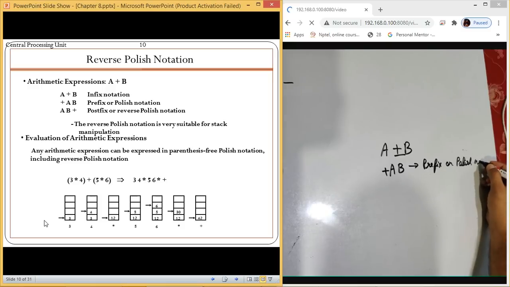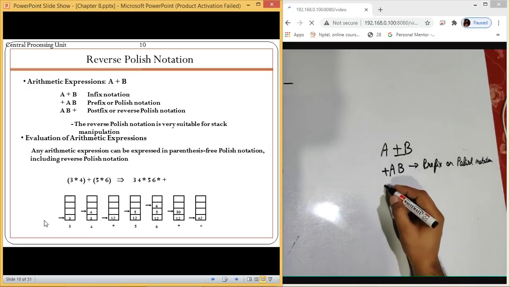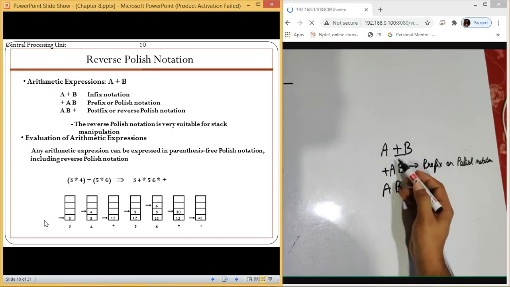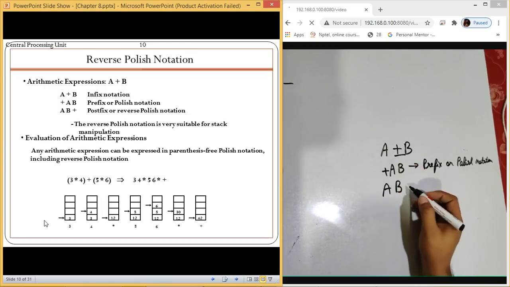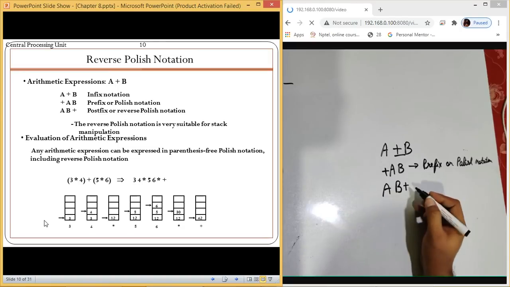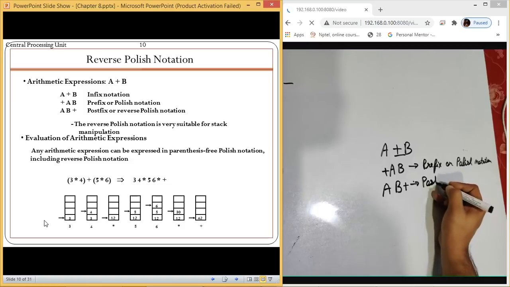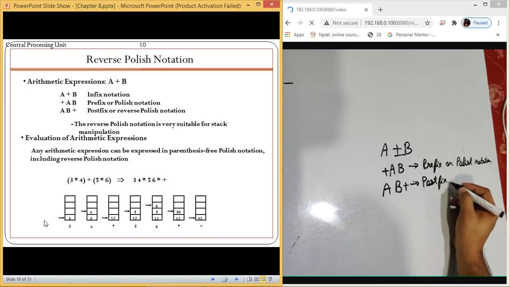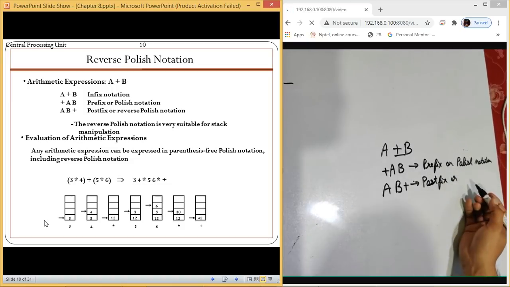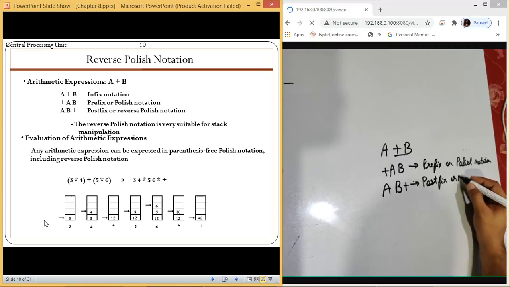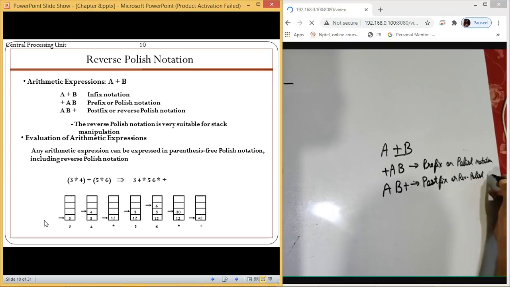When we shift the operation at the end after the operands, this is a postfix, and most widely used for stack is postfix, or we call it as reverse Polish notation. This is the most widely used one.